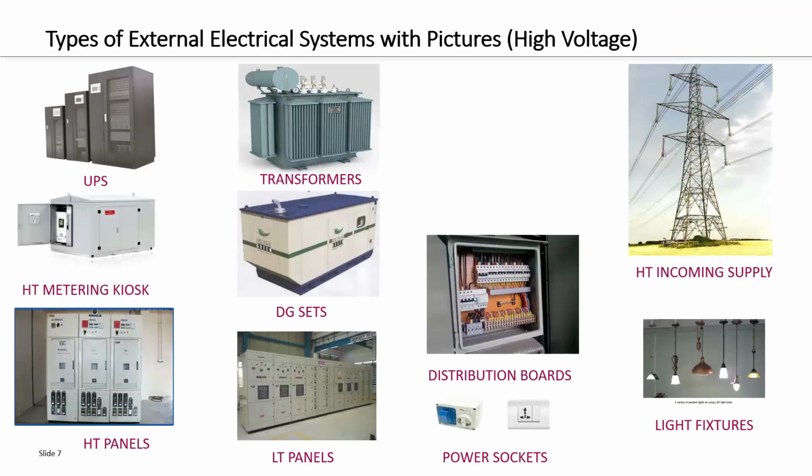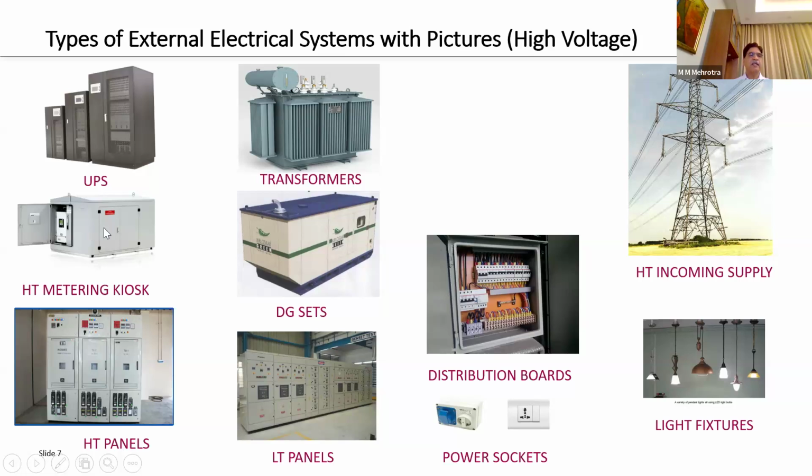Now let us come to the external electric supply. How does supply come to our building? It comes from the utility, from overhead lines, to our switchyard. From the switchyard the supply goes to a metering box. First, the utility will ensure that whatever electricity they are sending is charged, so the first thing we get is a meter. If there is a circuit breaker, that breaker is not in our control. It is in the control of the SEB, the supply utility company, right?